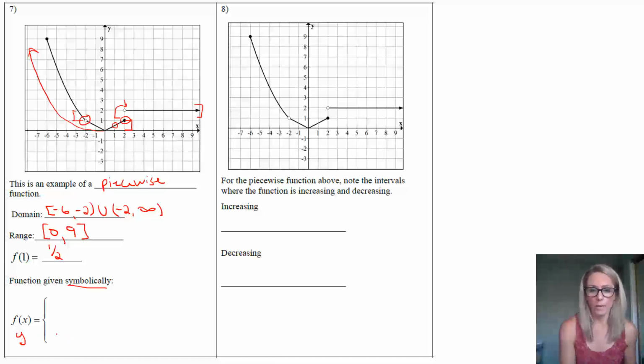And so really what we have here is the y value of 2 anytime x is greater than 2. Now, the middle piece there is absolute value. That is something really key to pay attention to, that you have your absolute value. It's going like this, but only from -2. And not surprisingly, we're not including -2 because of that hole. But from -2 to +2, we have the absolute value of x.